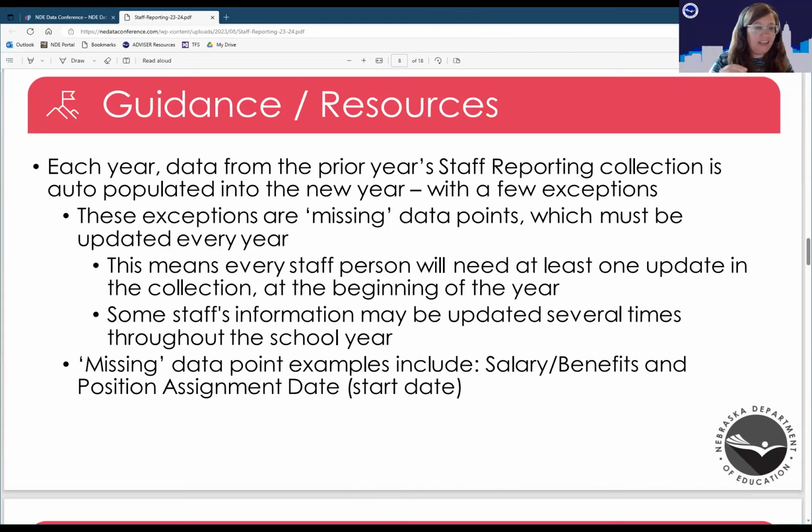Every staff person, even if they worked for you last year, is going to need an update every single fall, because even though we're auto importing most of that information, you're going to have to tell us their start date, because that changes every year. It's obviously not 2022 this year. And then throughout the year, you're going to want to make updates too. But those missing data point examples include things like salary, and then, as I mentioned, start date.